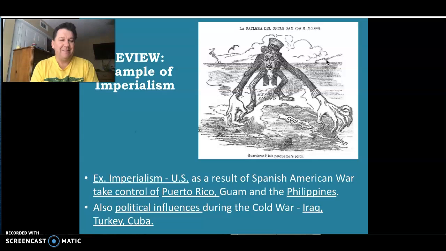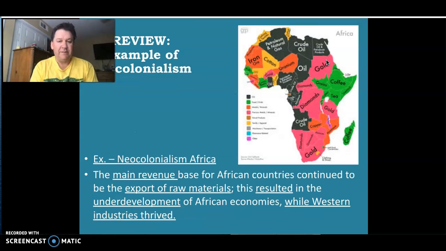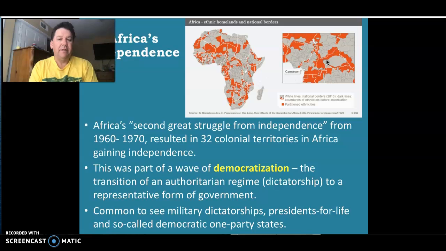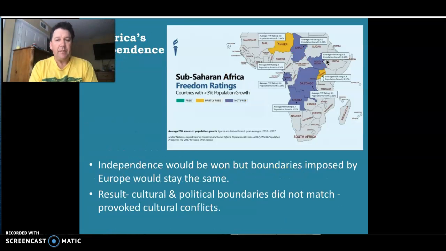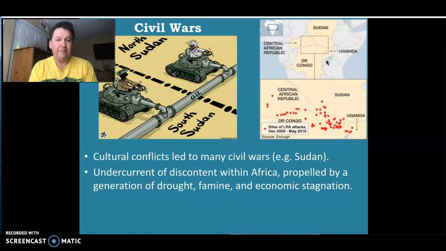Everything that's happened all goes back to some guy with a map, some guy with a pen, and whether it's us in the United States, whether it's other countries, they've all had this major effect on what is happening today, even though it happened hundreds of years ago. The lines on the map that you see. The wars that we have, the civil wars that we have currently today over any kind of resources like oil. Take what happened in Sudan. Remember, I think I talked about Sudan with you guys, maybe not, but Sudan is now a Sudan and a South Sudan, one of the newest countries introduced to the world in the last 5 years.